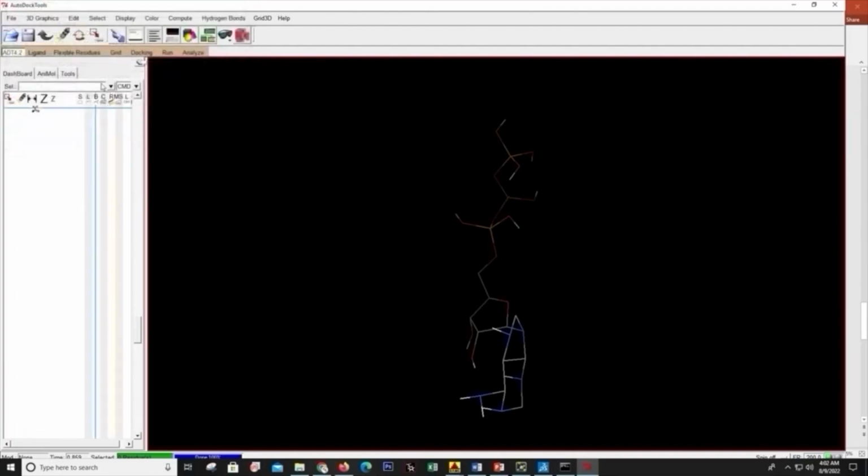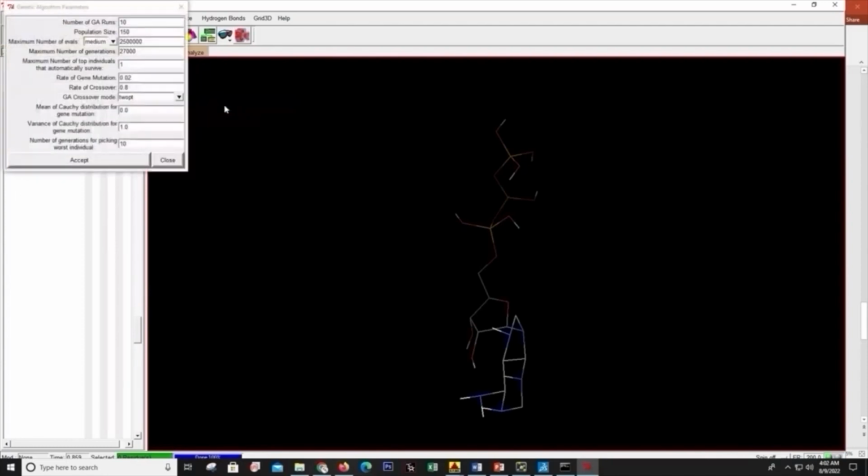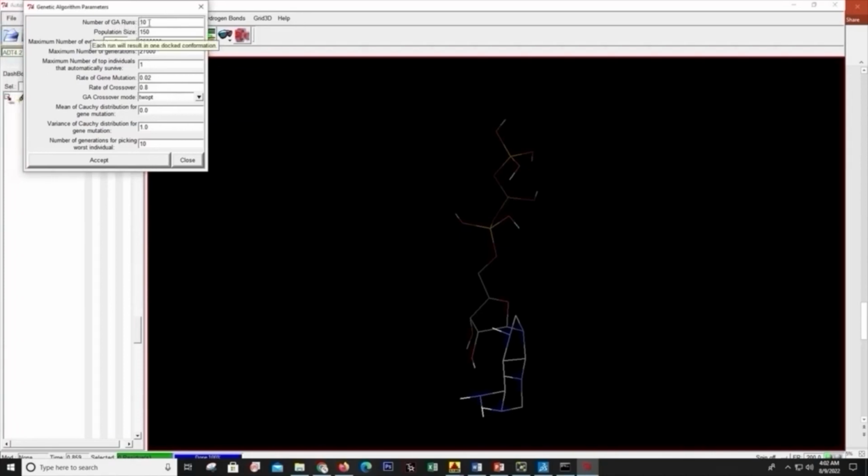After that we will again go to docking, and in docking we will click on search parameters. In search parameters we will click on genetic algorithm. Here we can set the GA runs, like how many conformations of the ligand we need AutoDock to create and then dock. It is set to 10, it can be set to 50, 100, depending upon the requirement. Then we will press accept,